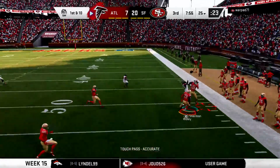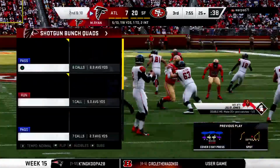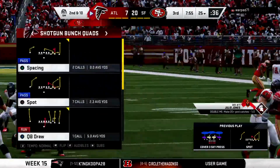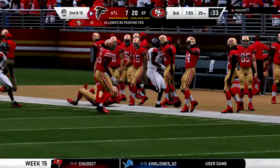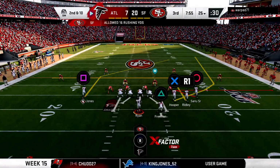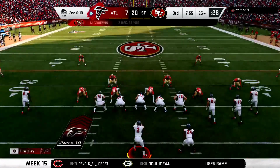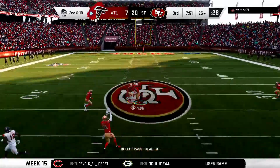And I never want to make something more important than it actually is, right? I don't want to create more hype than what is there. But I'm doing it, though. This is a really important drive. And we often talk about teams scripting plays to start a game. A lot of them script to start the second half, too. And they're scripting something that they expect to get them into the end zone and back into this game. We'll see if that script is...